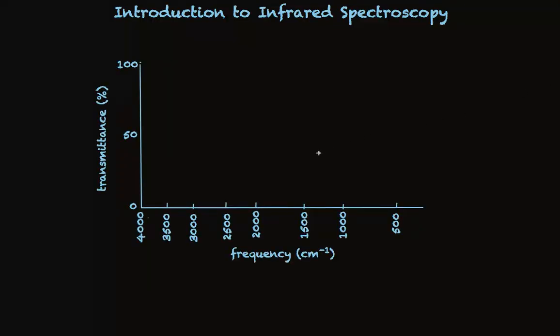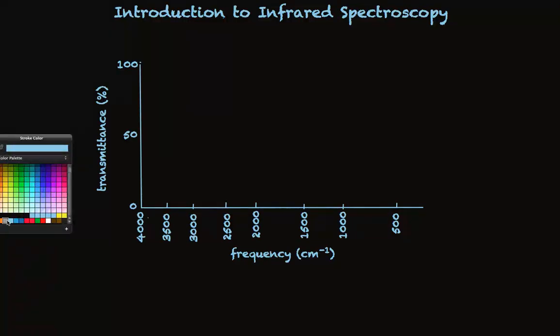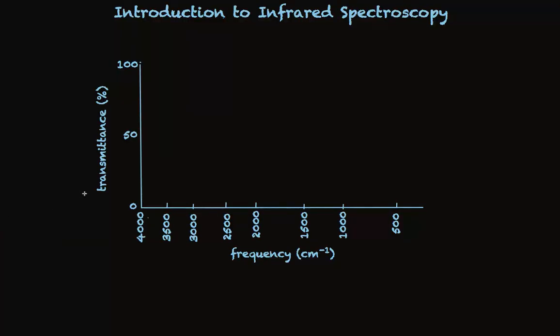Before we look at an actual spectrum, let's talk about the axes of an IR spectrum as it's printed from the machine. And notice that this is transmittance, which means when there's no absorption,